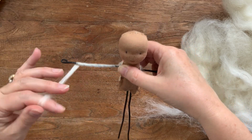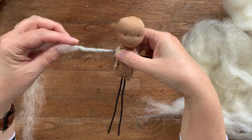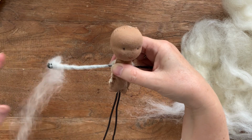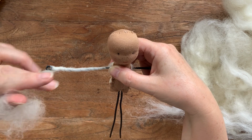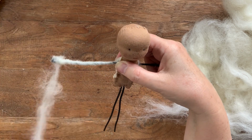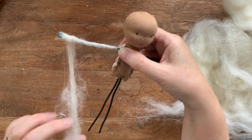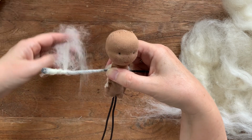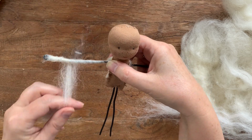And this might take some practice, because if you see, if I let it go, it just unravels itself again. And you don't want to pull too hard on this, because then you will pull it apart quite easily. But now that I'm going back, it will start to have a grip on itself. And this part was really thin, so